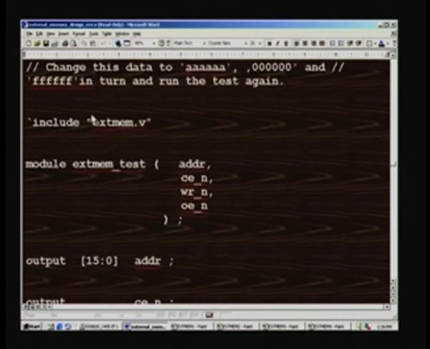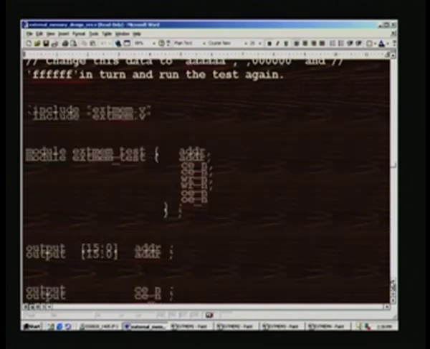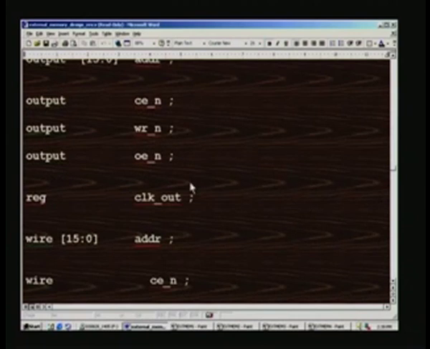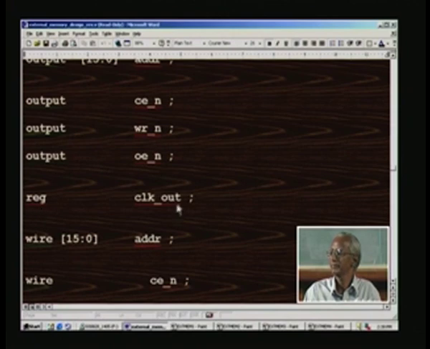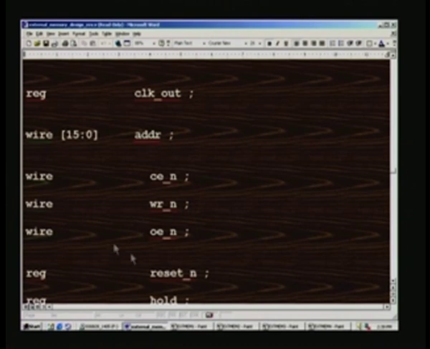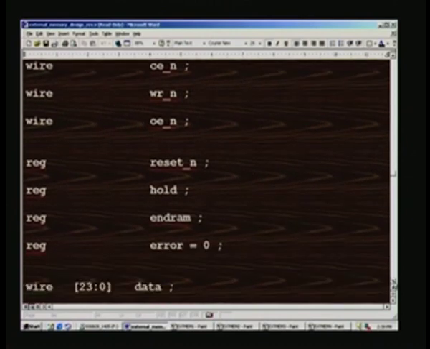Then we need to include the design, which is the external memory, and we have to call the module. This present module is the test module, that is external memory underscore test. What we need is address, then chip enable, write and read pulse. The address is 15 bits in width, and all other signals are single bits. We need to declare clock out as reg, because this is an input here, and all the outputs are declared as wire here,